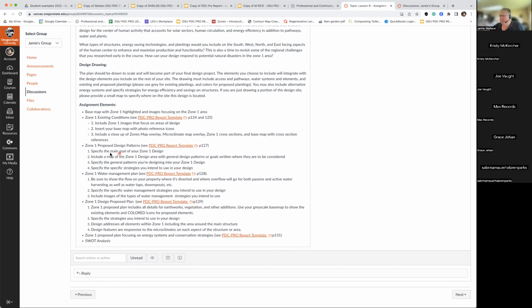So we want the map of zone 1 and general design patterns and goals. We're also looking at some of the strategies that you're entailing, and then that water management plan is the next sheet that we look at. And this is a great thing to focus on, and we certainly really focus on this with our